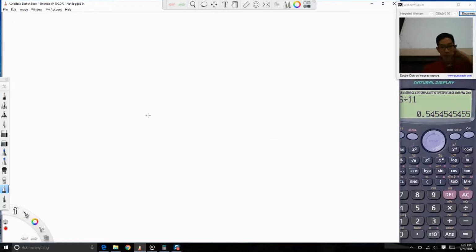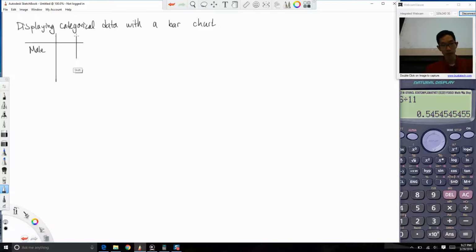Okay, let's talk about displaying our categorical data with a bar chart. Here I'm going to take our simple summary table that said male 36, female 44. All we would do for making a bar chart,